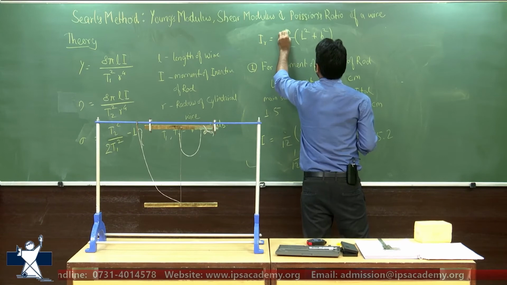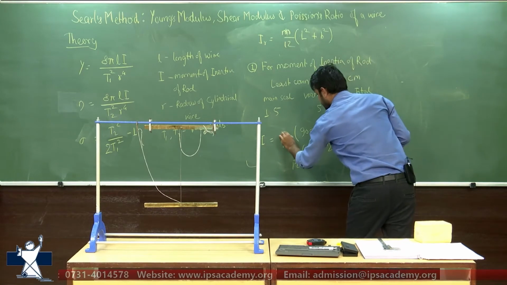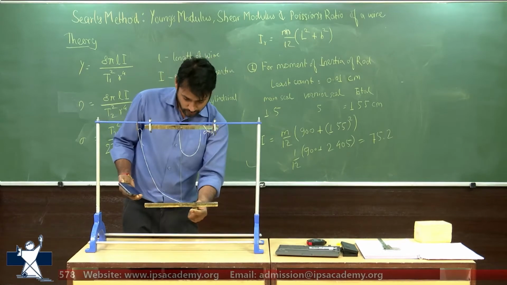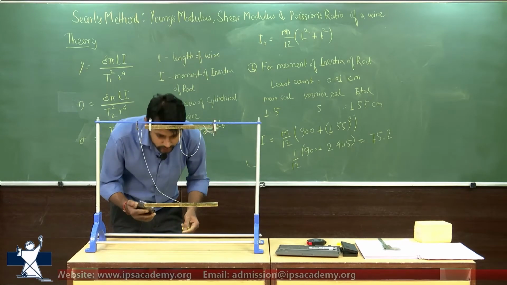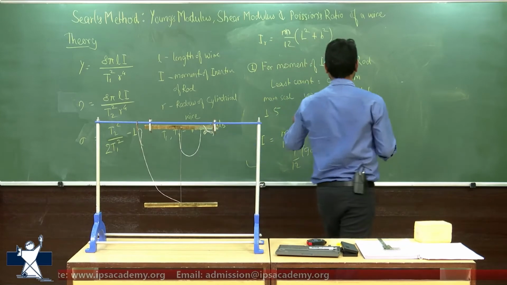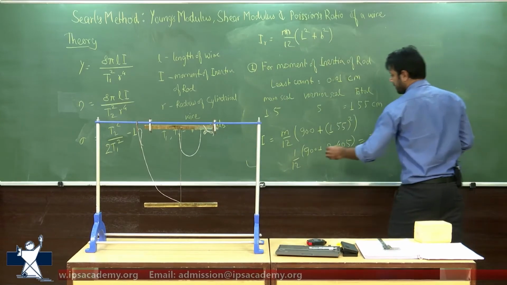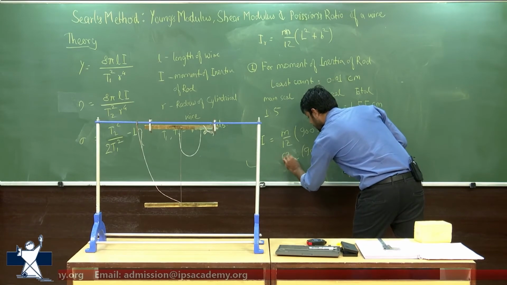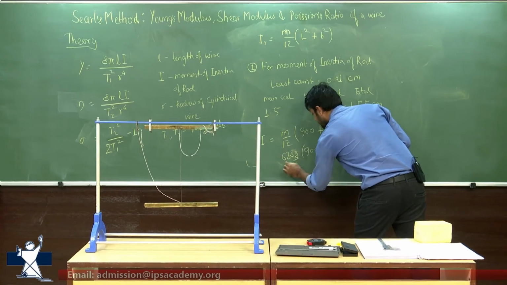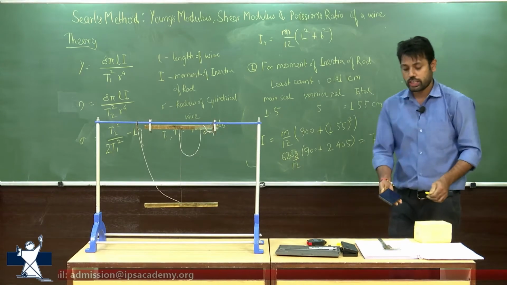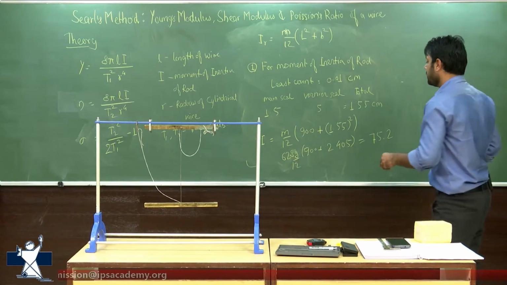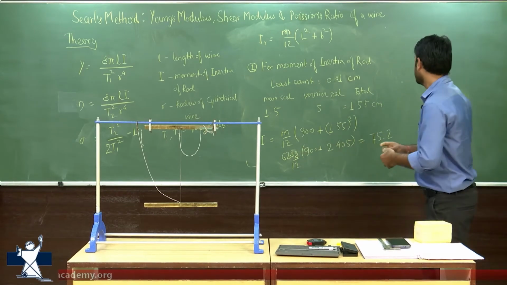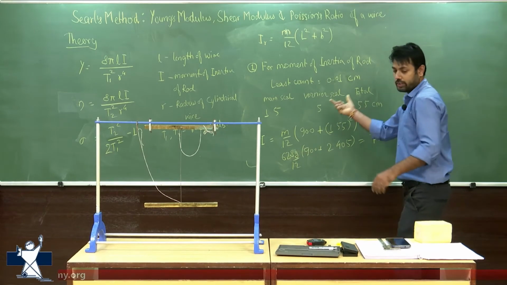We need to multiply this quantity with the mass. So the mass of the rod is also given to us, which is 628 grams. So if you need to change this quantity into SI units, which will be kilograms, you need to multiply it with 10 to the power minus 3. So I am going to rub this off